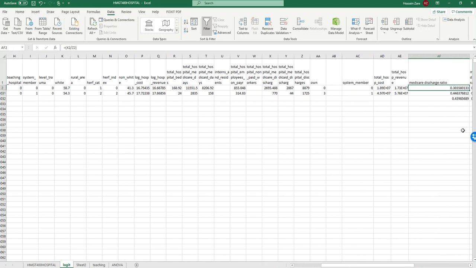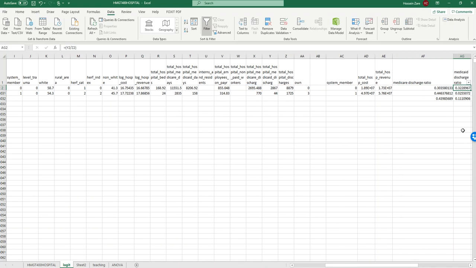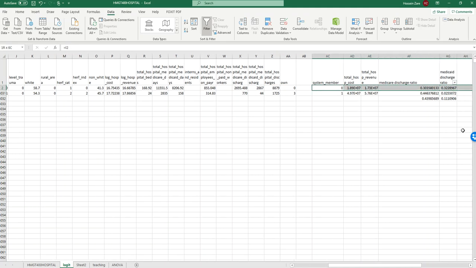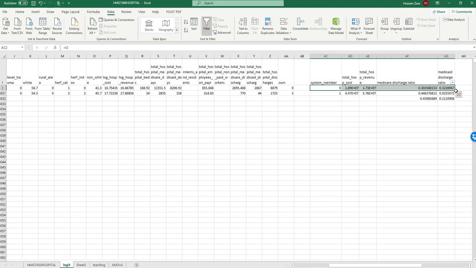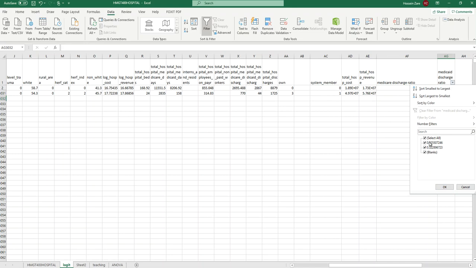Medicare discharge ratio, you should generate this one. It's going to be total Medicare divided by total hospital discharge here, and this is Medicaid discharge, total Medicaid divided by total hospital discharge, and then you can copy all of them, drag it to the very end. So this is it. And as you previously know, if you go with this model, probably you will